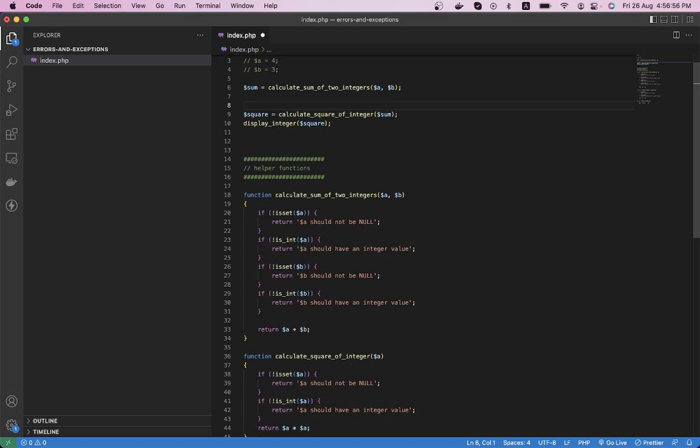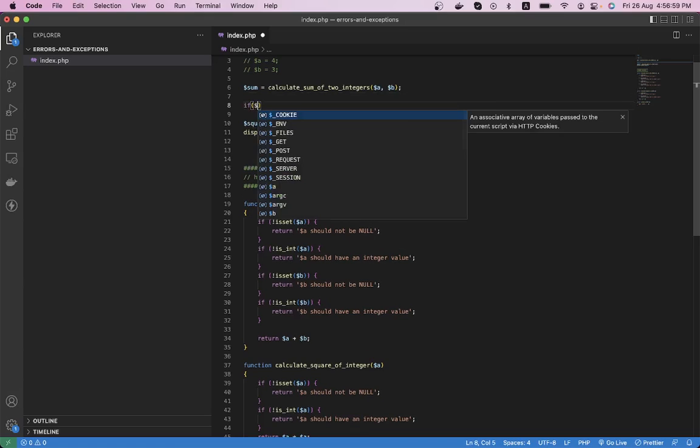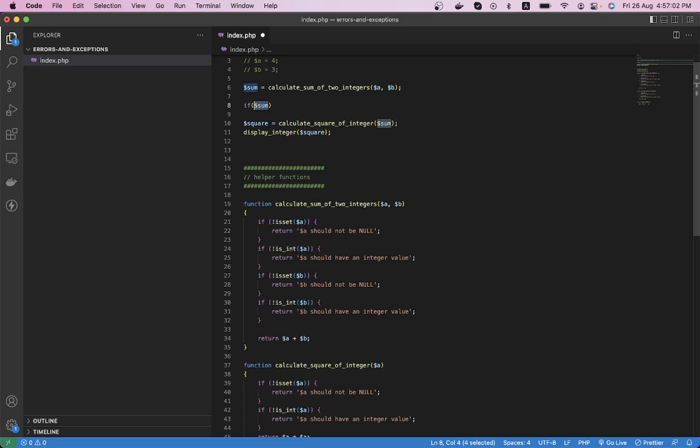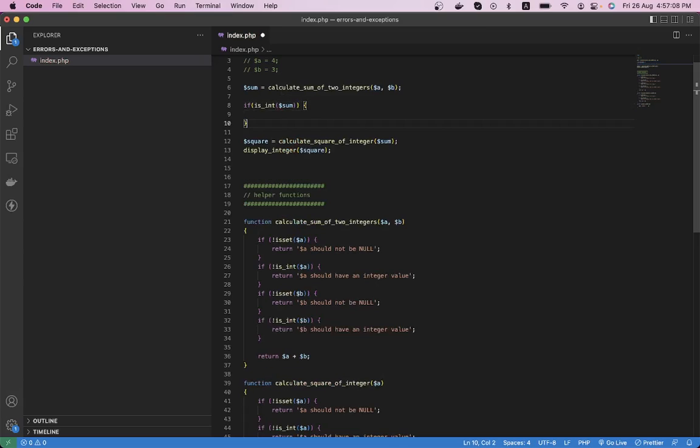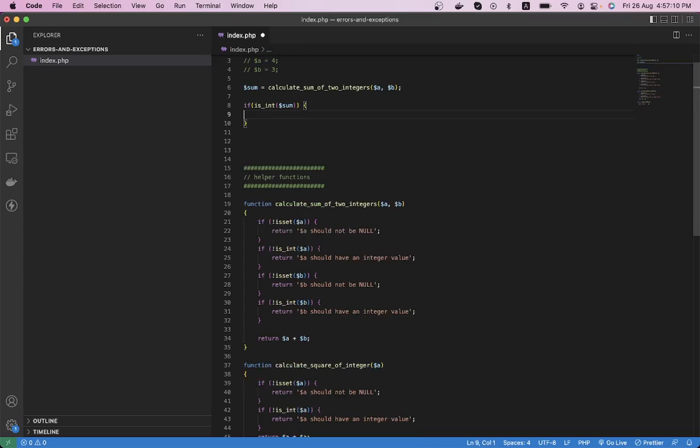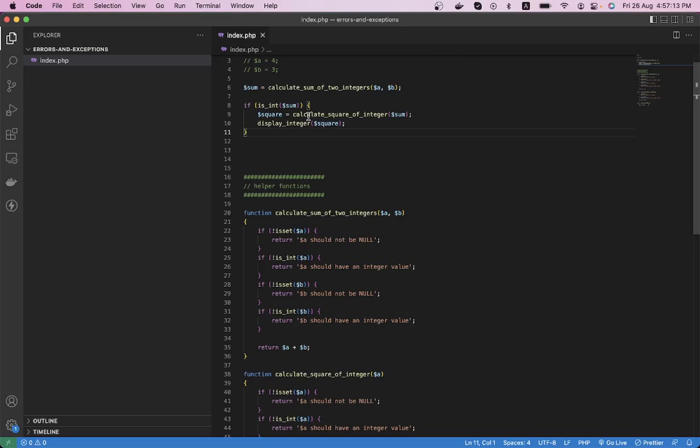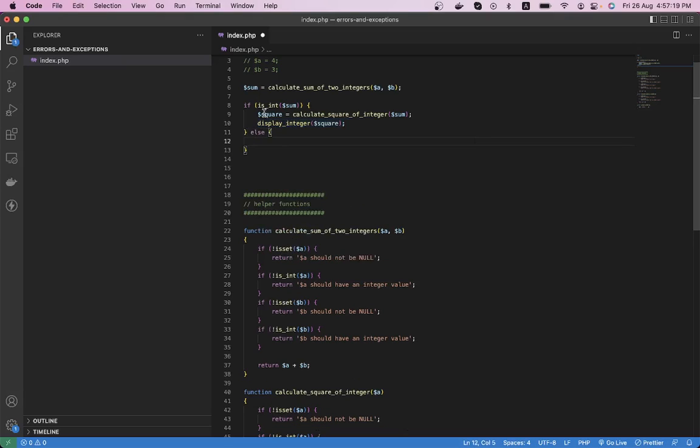After this function we can write an if condition. If sum is an integer, only then run this function, because otherwise this is not useful and this is also not useful. If the sum is not an integer, we should display the error message, which is stored in the sum variable. I am telling you again, this is not a very good approach, because ideally this calculate sum of two integers function